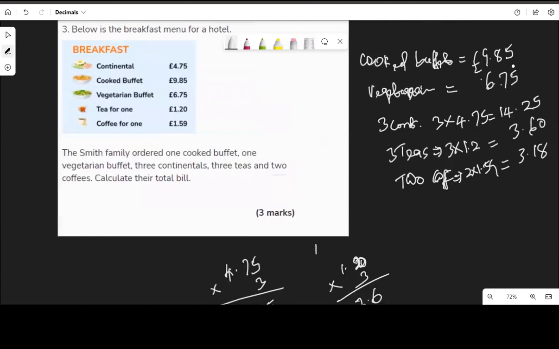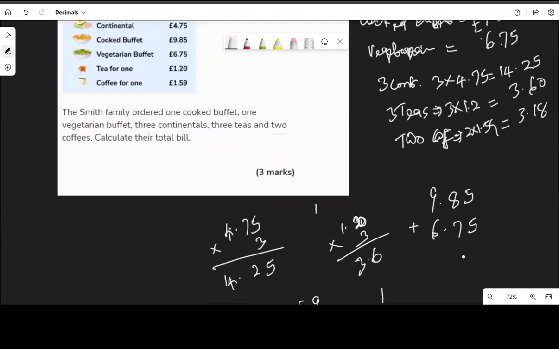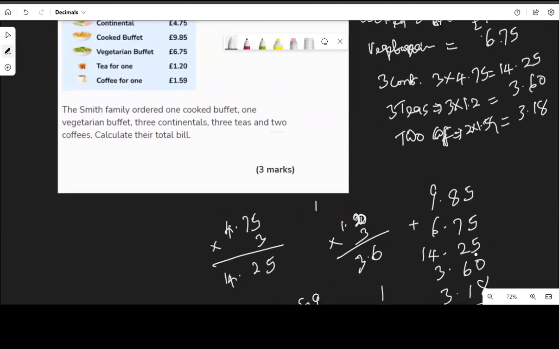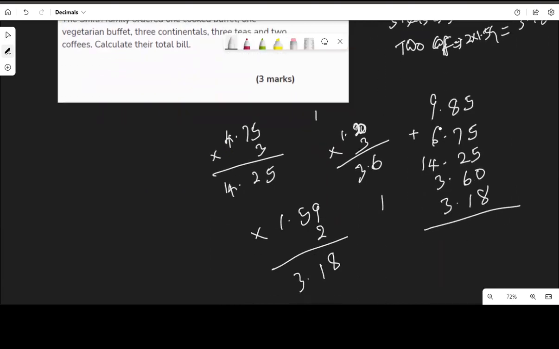And let's add up all of these numbers together to get the final answer to this question. We have 9.85 plus 6.75 plus 14.25 and 3.60 and 3.18. You can see the way I arrange my numbers and make sure that all the decimals are on top